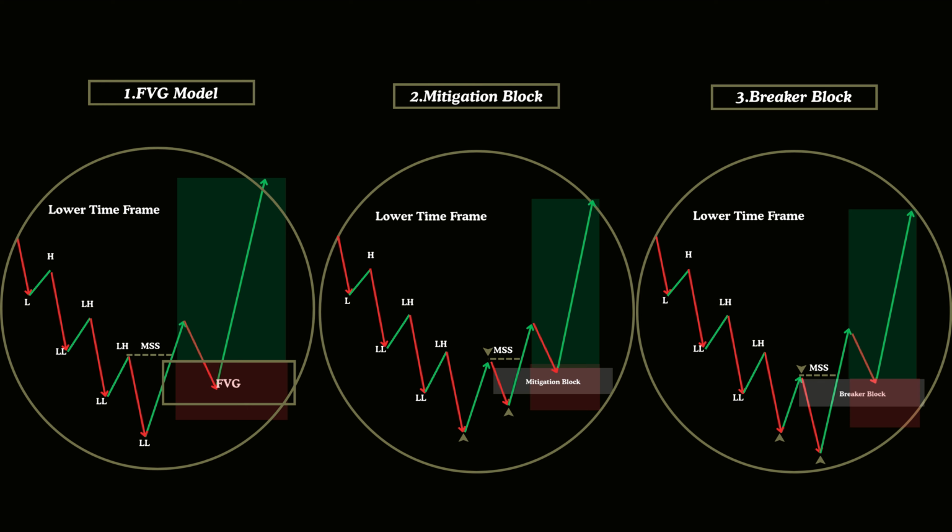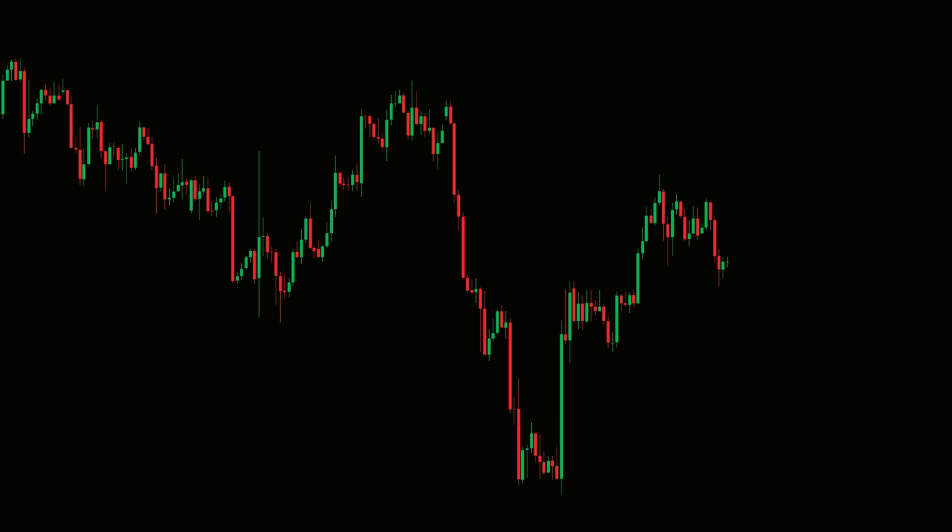Now, let's move forward and break down this entire trading setup using a real trade example. Here we have the EUR/USD 4-hour chart displayed on the screen. As you can see, price is in a strong downtrend, and the bears are clearly dominating since the market has already produced multiple bearish breaks of structure, definitely more than 2. This indicates that our expectation should remain bearish, anticipating price to continue moving lower,